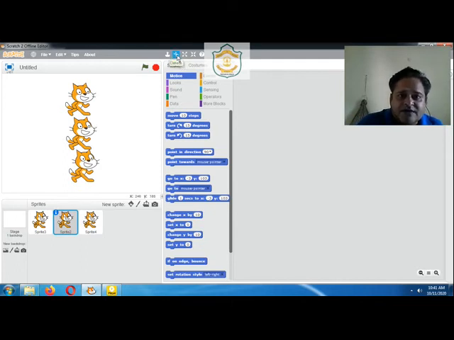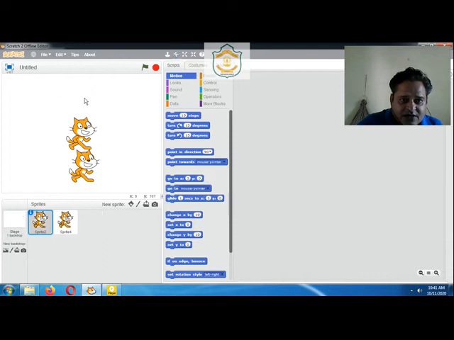The second one is delete. If you want to delete any of your sprites, just select it from here and click on the desired sprite which you want to delete. Similarly, the third one is grow. Click on it and click on the sprite.